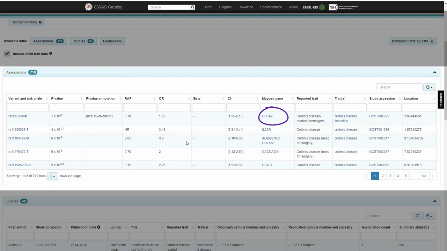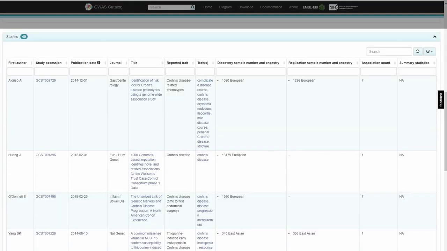In case of the SNP RS2249296, the variant is present in an intron of CLCA2 gene. However, because of linkage disequilibrium, other genes may be mentioned here. The next 2 columns indicate associated trait and link to the GWAS study details.